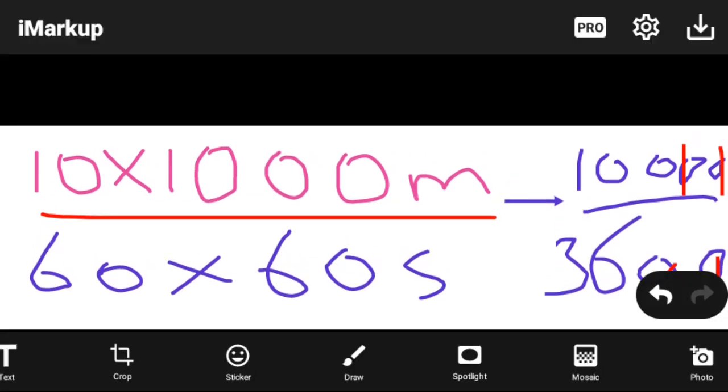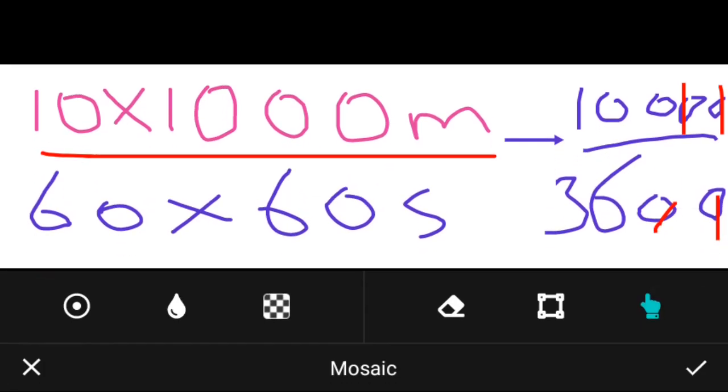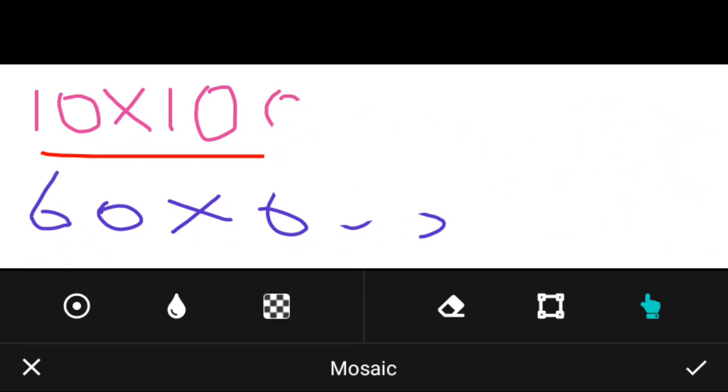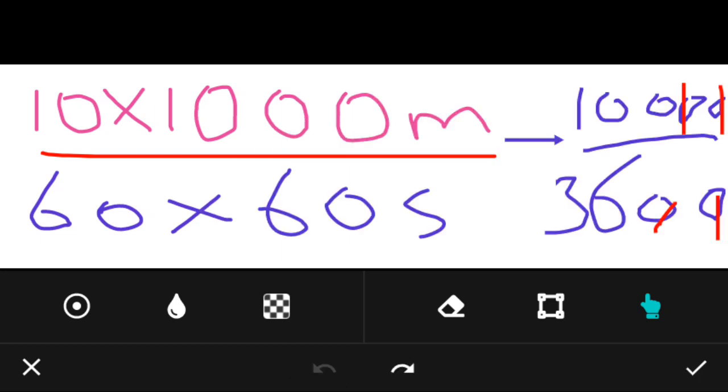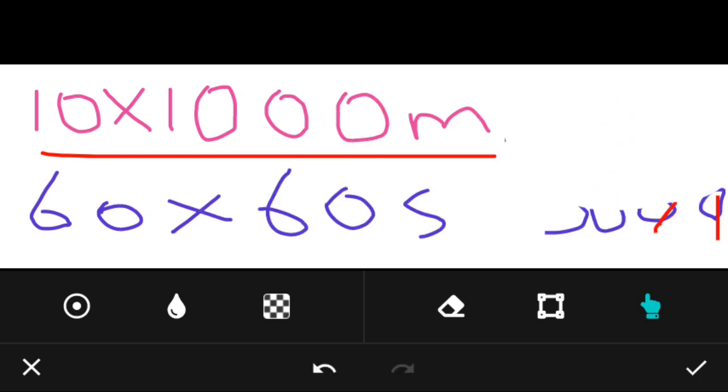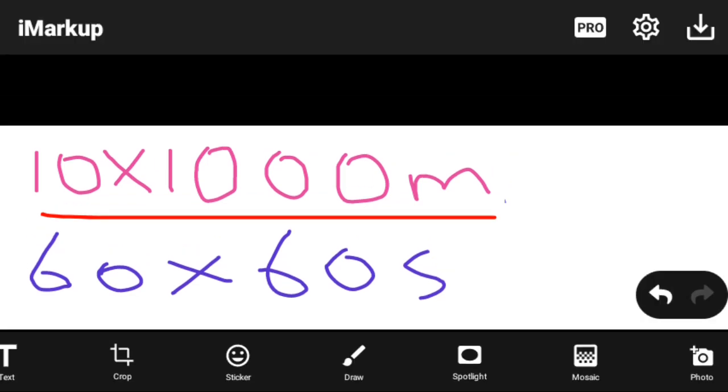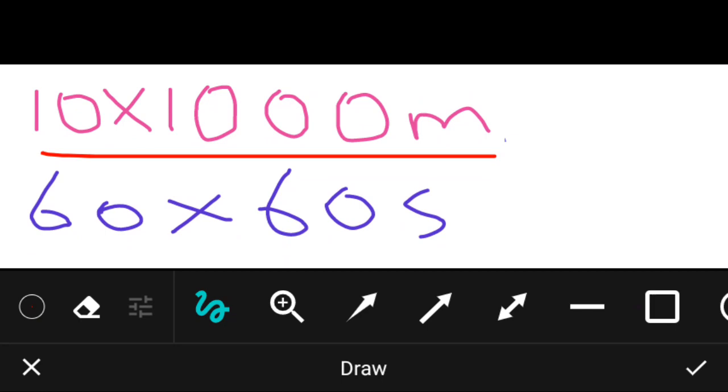So we are saying, when you multiply 10,000 by 1000, then you divide by 3600, you are supposed to get something like